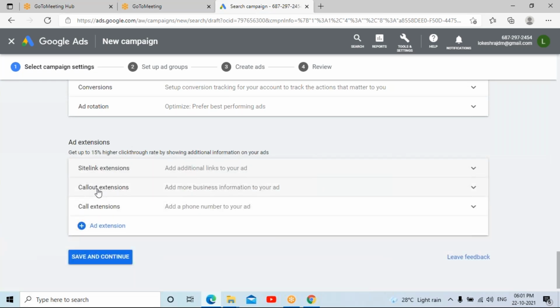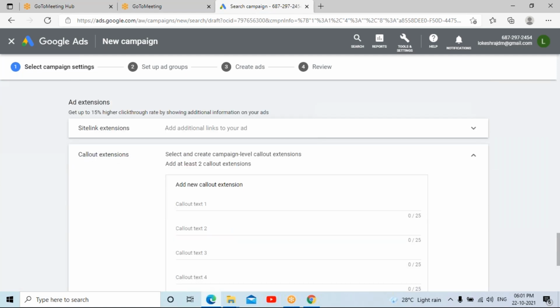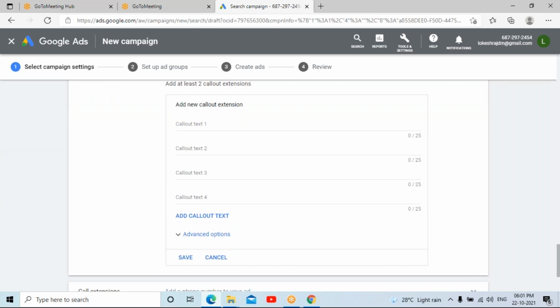The next thing is callout extensions. Callout extensions means you are going to list out 3 to 4 categories of your business which you want to highlight. You can list them with names over here.